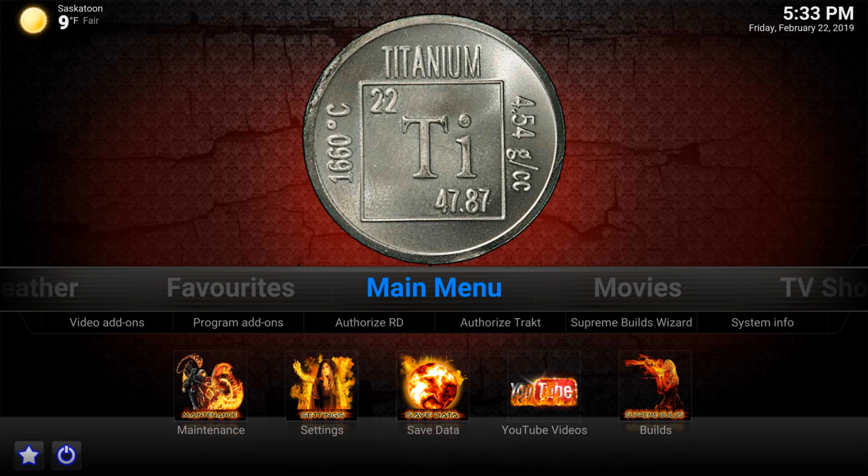So this is a nice clean look. With 18, I am liking it. There are some things to get used to. Again, the wizard will need an update once APK installer is fully functional. Then it'll be pretty well set. These add-ons included in here are based on some popular, reliable add-ons that take advantage of torrent caching and Real-Debrid and Premiumize services. You have Gaia, which is a great